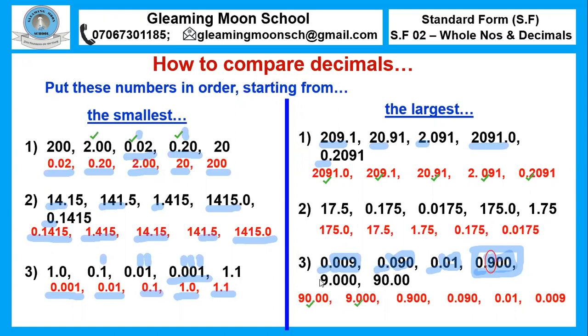And once we've got rid of those whole numbers, that is where this one now comes in, 0.900, because that is the one that has the highest value, which is the 10th place value. So that's that one. And after the 10th, the next one is the 100th. Now you can see that